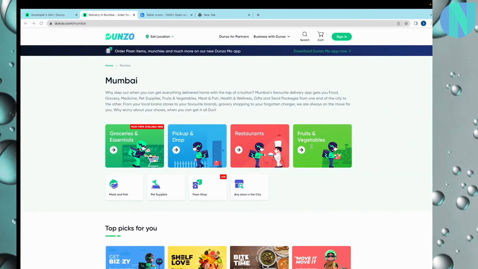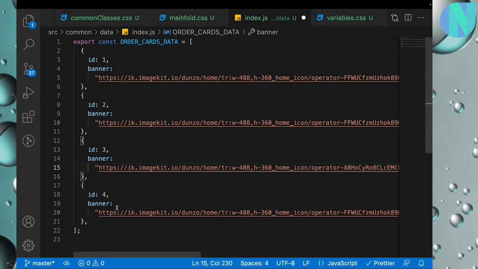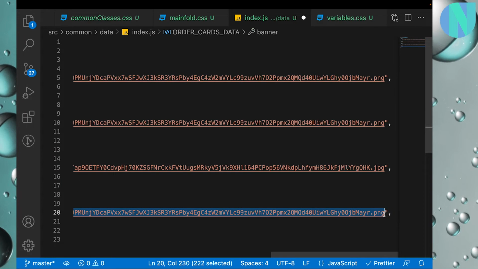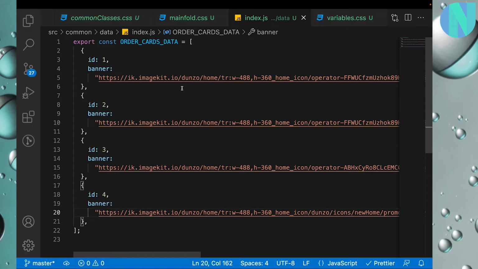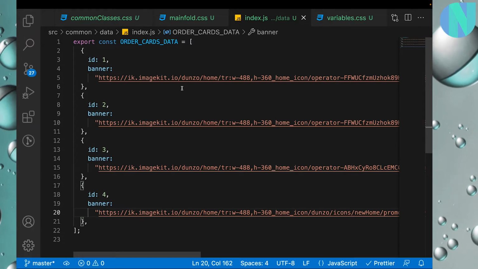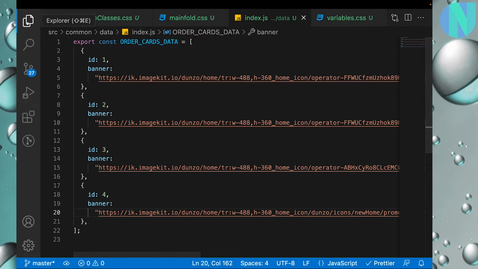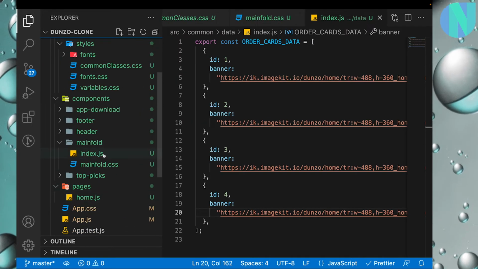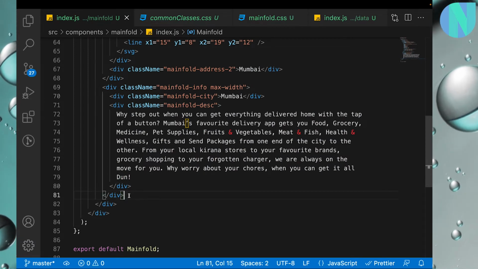And next, I'll copy this image address as well, and I'll paste it here for the 4th order card that we have. Now imagine this array as an API response from our backend data. We are going to use this API response only inside our main fold order cards. So let's go to our main fold index file, and next to this description that we had, we will create